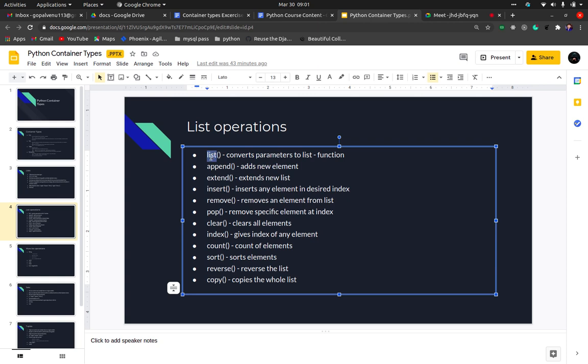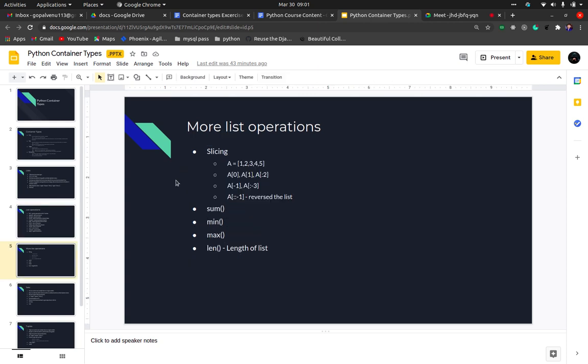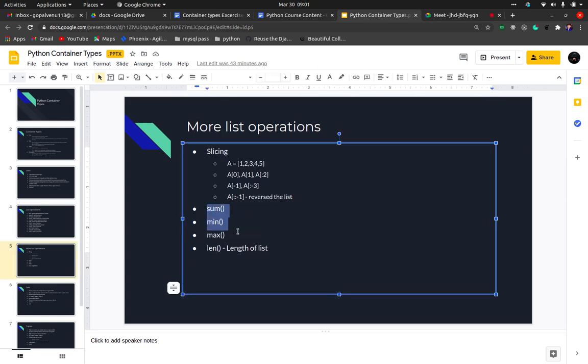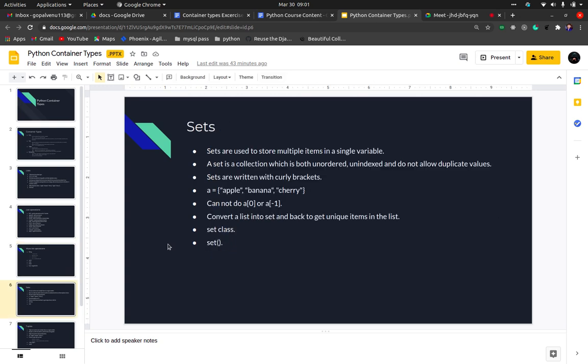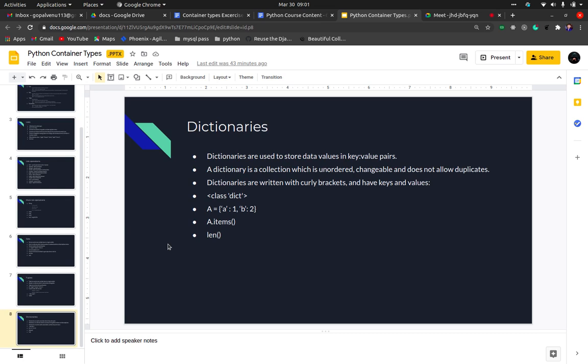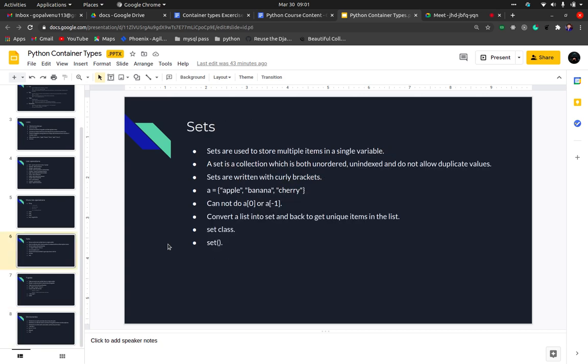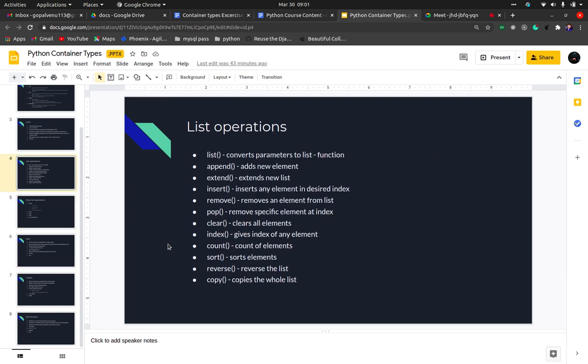We'll discuss the list methods and these common functions in tomorrow's class while discussing tuples and sets. Tomorrow we'll cover sets, tuples, as well as dictionaries. There are no methods in these to discuss, so I think we can cover all three topics tomorrow. But please do practice all these things. Okay, cool. Thank you.